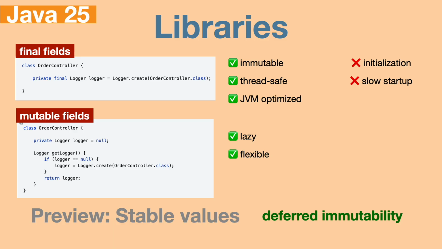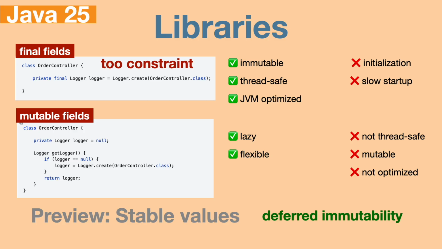at the same time, they're not thread safe, they need synchronization or volatile, and it's easy to make mistakes: double-checked locking bugs, race conditions. After initialization, the field is still mutable, so other code can accidentally change it, and the JVM can't apply optimizations, it must assume the field may change anytime. In a nutshell, the ways in which the Java language allows us to control field initialization are either too constrained or